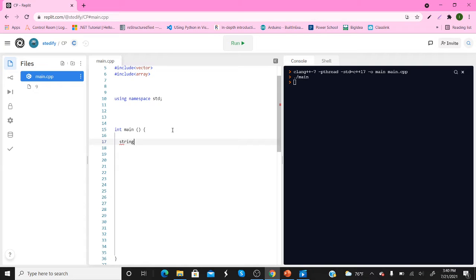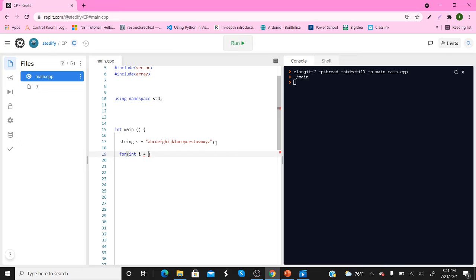So let's say I have a string S, which has A, B, C, D, E, F, G, J, K, L, M, N, O, P, Q, R, S, X, Y, Z. So we basically have a string containing every single letter of the alphabet. In order to loop through a string's characters, we need a for loop, which is probably the most useful in this case. So if I do for